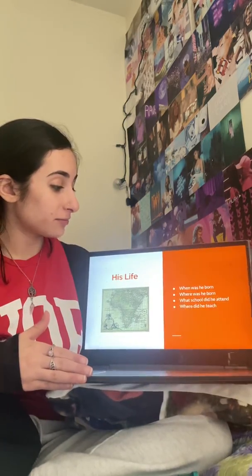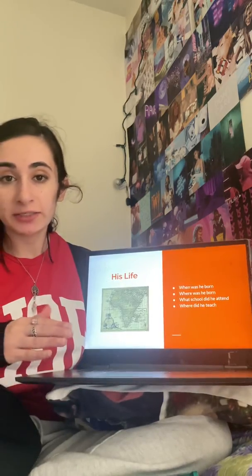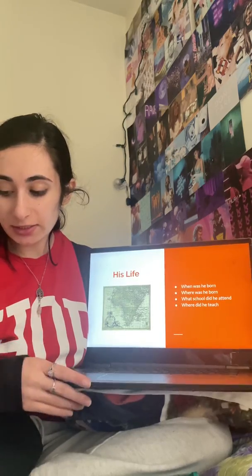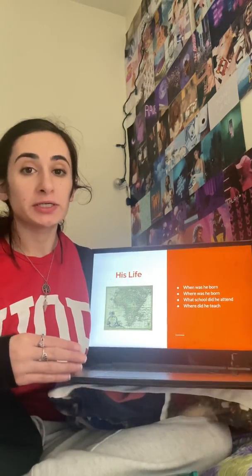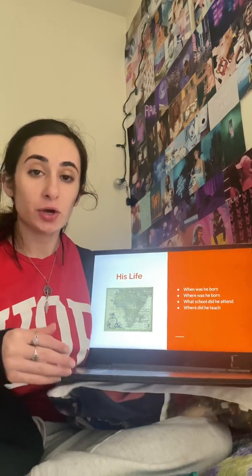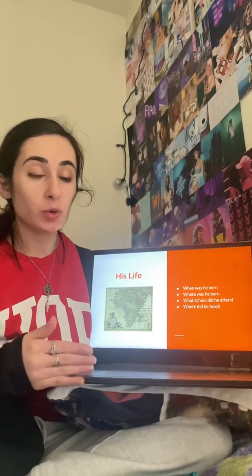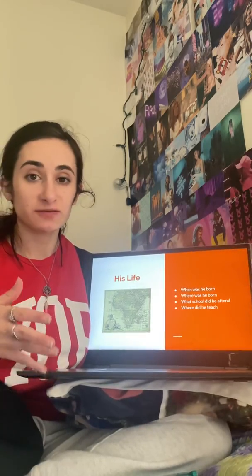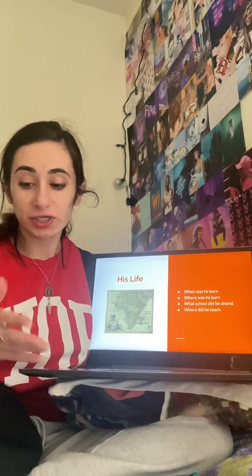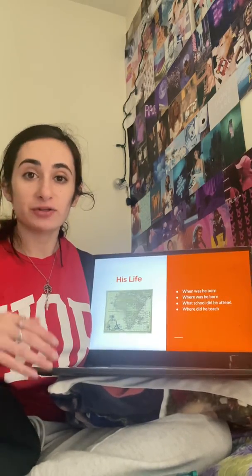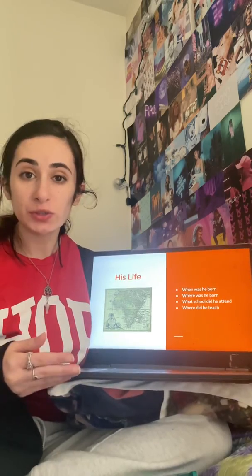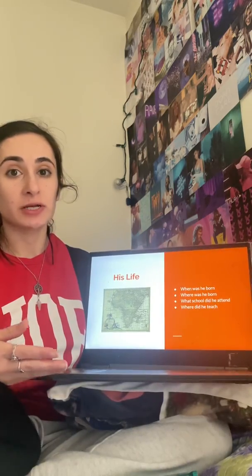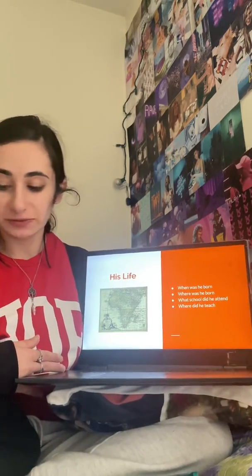He was born in Basel, Switzerland, and he was the oldest of 6 children. He attended the University of Basel, where he was studying mathematics. Originally, though, he was going to follow in his father's footsteps and study theology. His father was a pastor, and it wasn't until his father's friend Johann Bernoulli, who was also a mathematician, convinced Euler's father to allow him to study mathematics instead of theology.